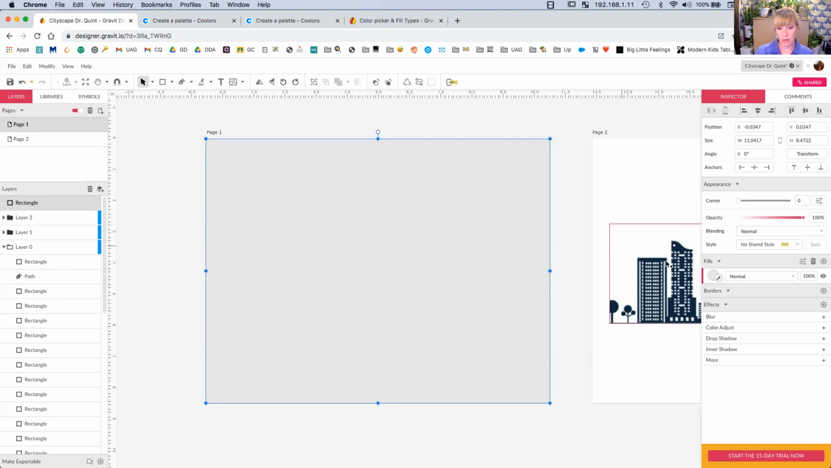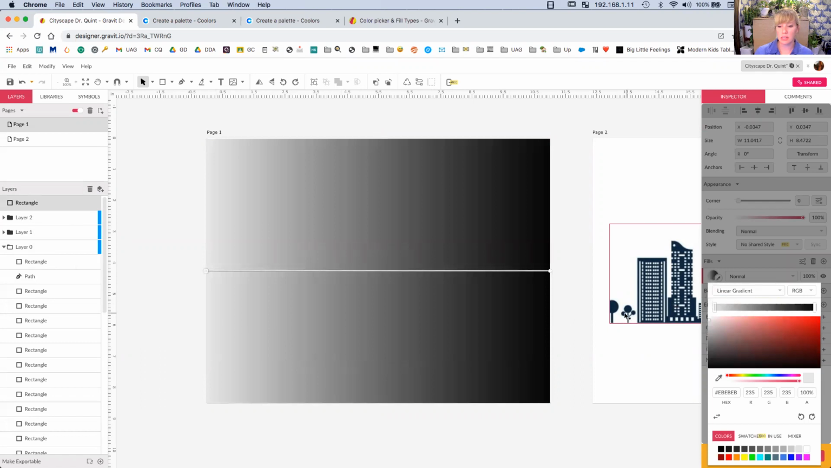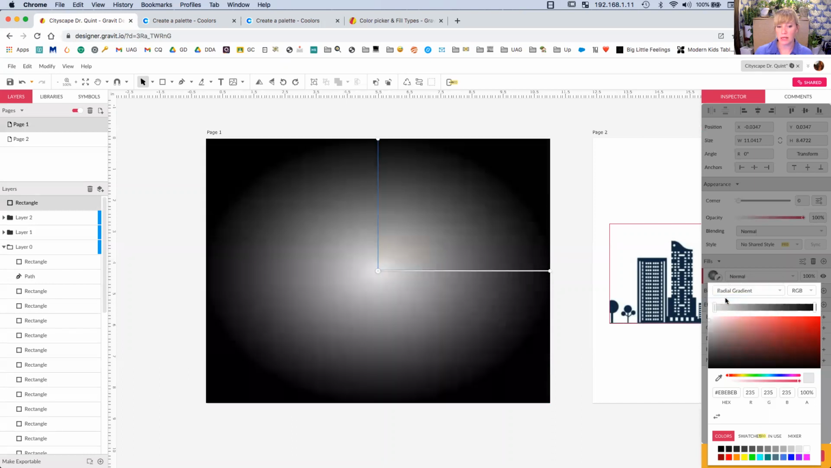Okay. Now right now it's a gray color. I'm going to click the color palette, and instead of color fill, I'm going to show you how to do a linear gradient. So if you click linear gradient, what you'll notice is it automatically goes from white to black. All right. And it goes in a line as opposed to a radial gradient, which goes in a circle. Okay. Let's cover linear